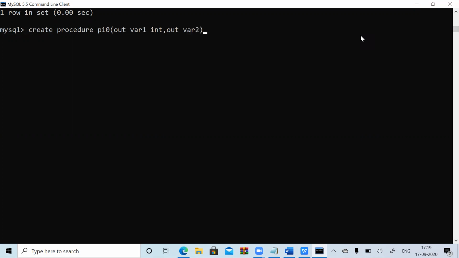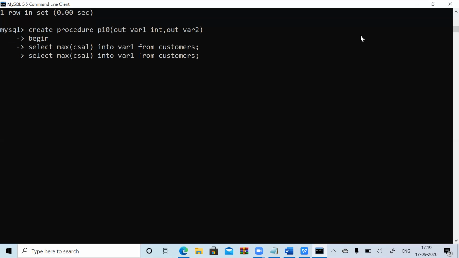Okay. So after that, now I need to begin my section. So begin. Afterwards, now I can't write like this: select max of C salary into, what is your first variable? Variable one. Again, now I can't write like this, min of csal into variable 2. If you write like this, it will lead to an error. So your into statement should be one statement, in your single select statement, variable 1 from which table name? From customers.